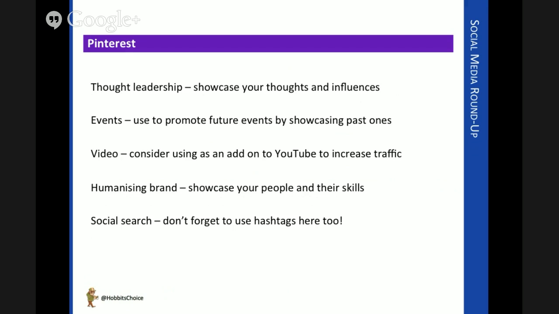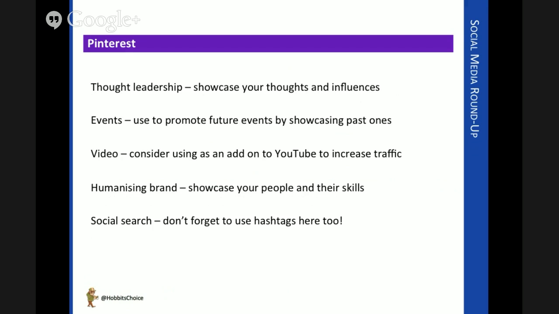If you have any role which involves events management, post links to past events on a notice board in Pinterest. It's a great marketing tool for attracting new events business. Pinterest is also increasingly being used in combination with channels such as YouTube as a way of showcasing video and driving traffic to other channels.